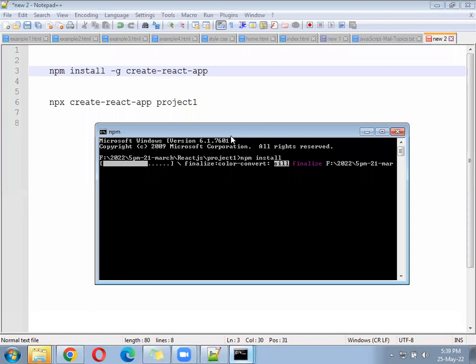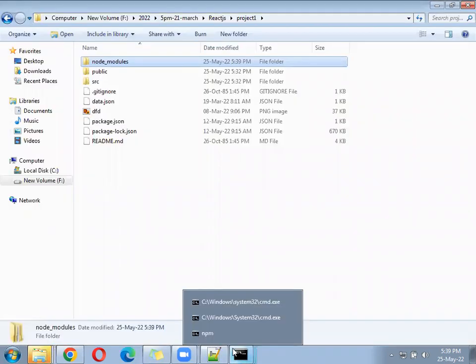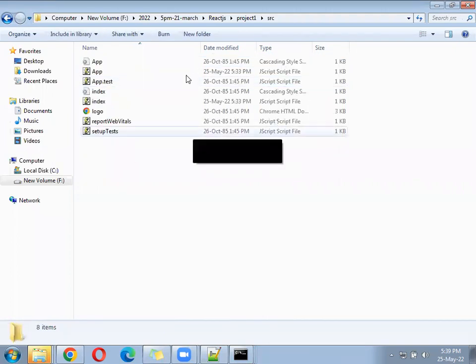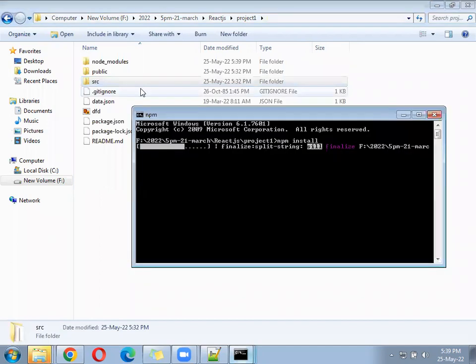I have deleted all the source files. My code is also the same as yours, but the reason is my Windows is a lower version, Windows 7, and the React setup we are doing now, the NPM command will not execute on a lower version. It is asking to upgrade to Windows 10. I've taken a clone of my project where my SRC is also empty. I don't have any source code here, nothing is there, so I will just start from the beginning. To get the node modules, I have run the NPM install. NPM install will bring the node modules folder.